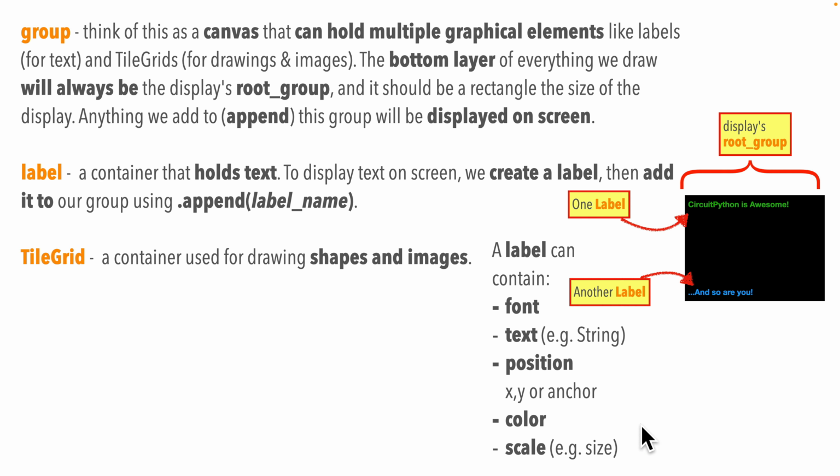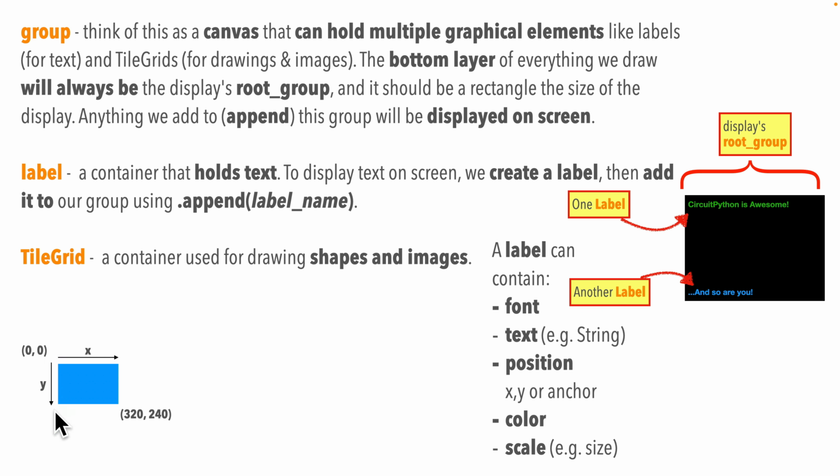And one other thing that's really important to know, when we plot elements on a display, the coordinate system used in CircuitPython, and really in most computing, is different from what you learned in geometry. So in geometry, the origin point is in the lower left-hand corner for Cartesian systems. But on computers, the origin point 0,0 is almost always in the upper left, with positive X going right and